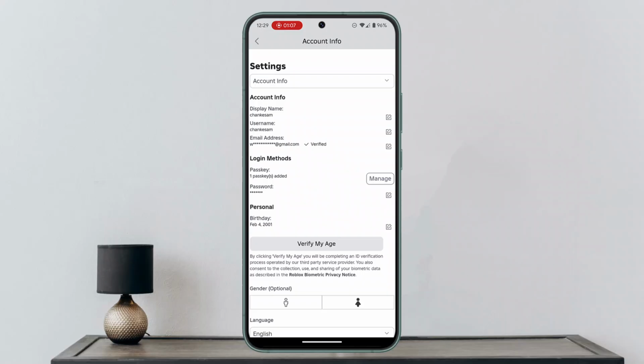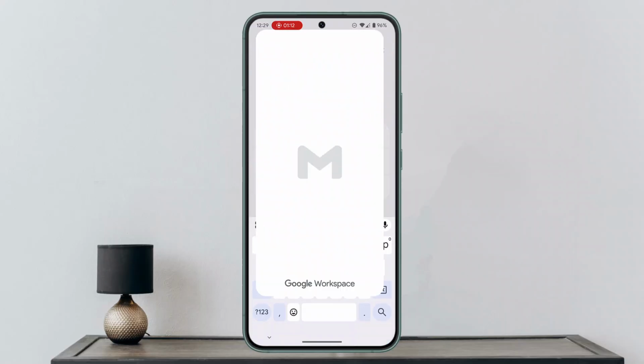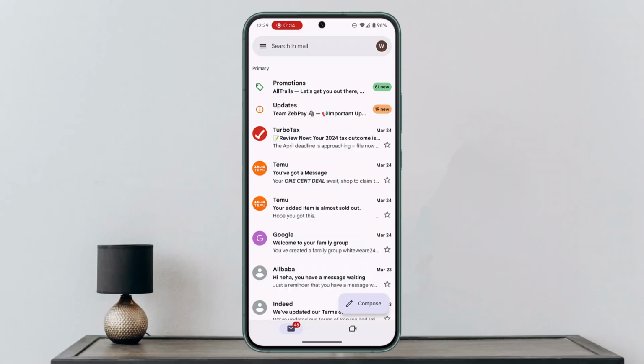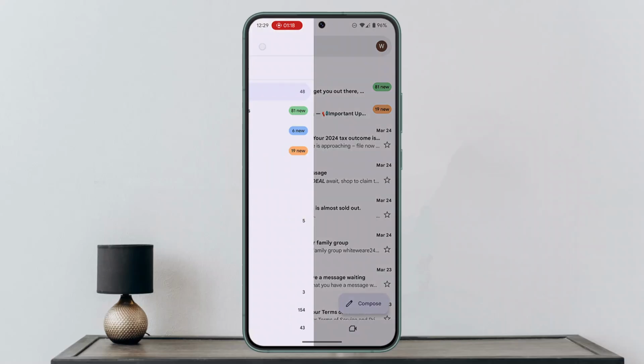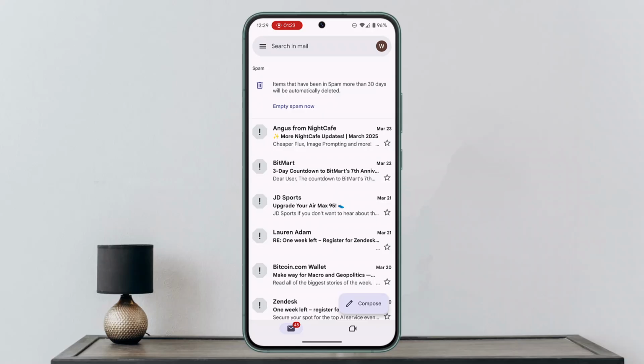Then what next you need to do is open up your email. For example, if you're using an email, then you have to open up Gmail, and here you need to check for the code. If you're unable to find it on this page, you could also check your spam folder. So you want to tap on the tray bar and go to spam, and here you should be able to